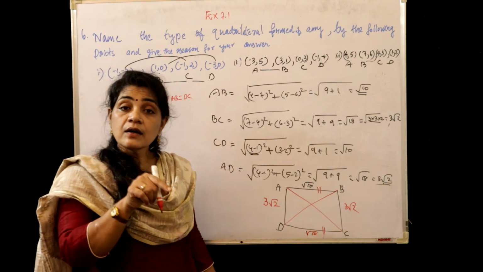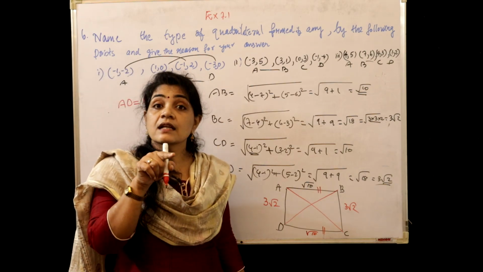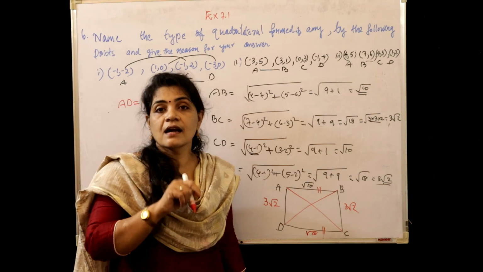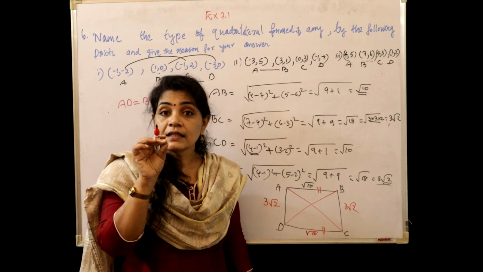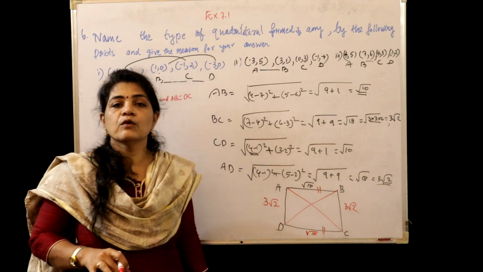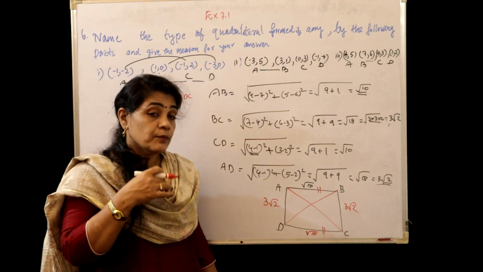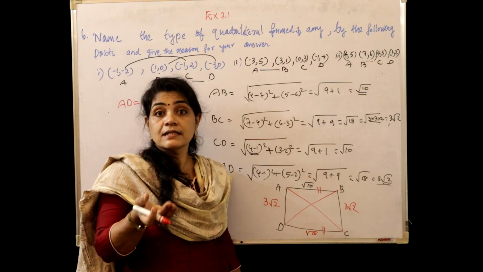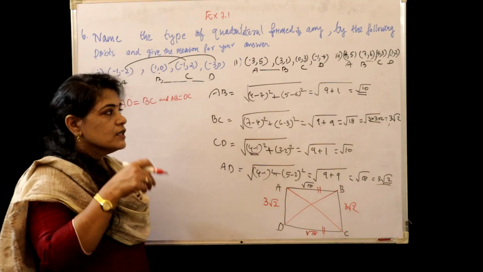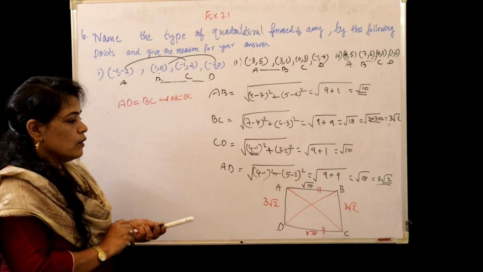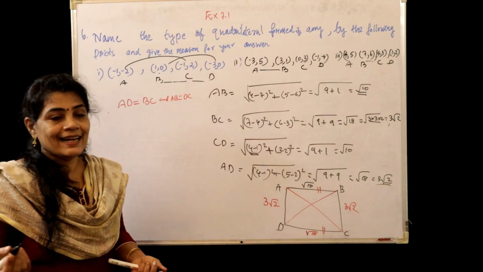If diagonals are equal, it is only for the rectangle. In a rectangle and parallelogram, the rectangle has two diagonals of equal length, and for a parallelogram, diagonals bisect each other but they are unequal. Okay, so to conclude whether it forms a rectangle or parallelogram, we have to check the length of the diagonals,